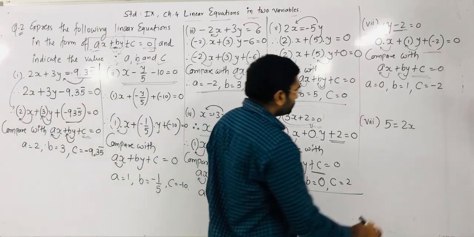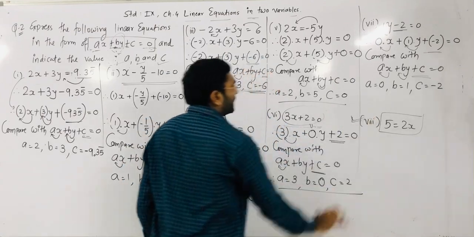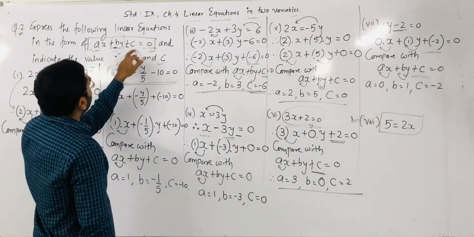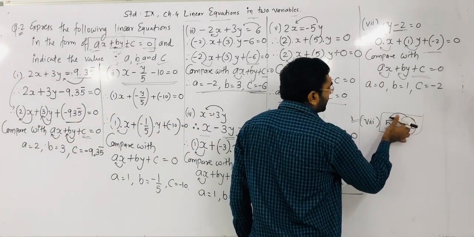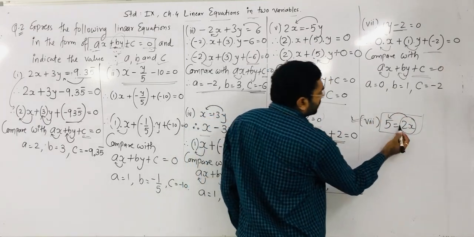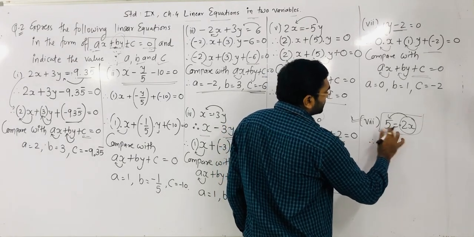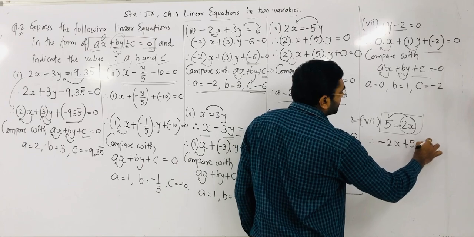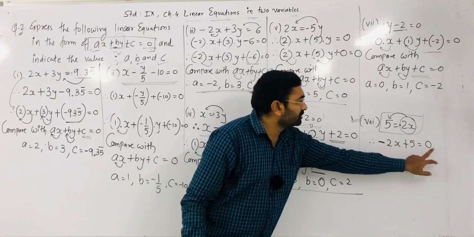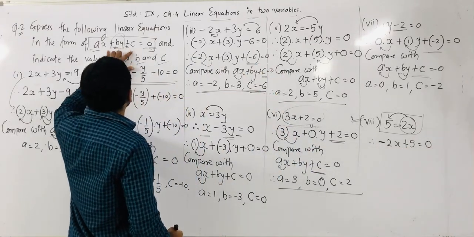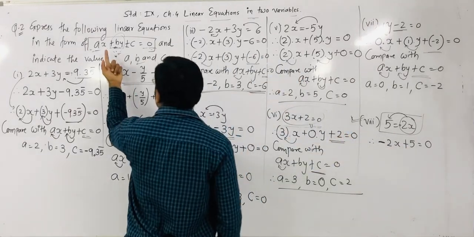Now next, here 5 is equal to 2x is given. This is important. Why? Because as I told you, we require the right hand side to be equal to 0. So whatever the right hand side term, we have to take to the left hand side. As I told you, its sign is given plus, so it becomes a minus sign. Right? Minus 2x plus 5 is equal to the right hand side, which is now 0. Okay, the right hand side we require equal to 0, so we represent equal to 0. But in the left hand side we require 3 terms. Here we get only 2 terms. So after comparing that, which term is missing?